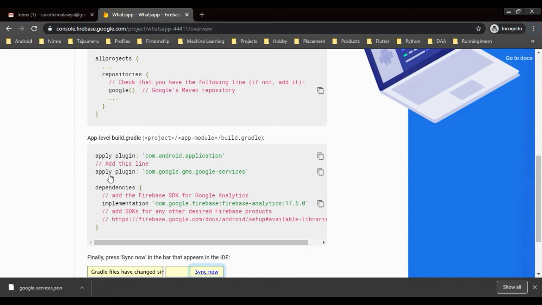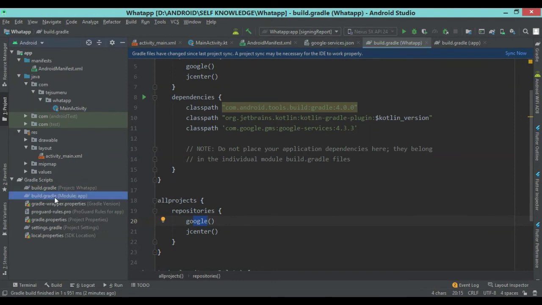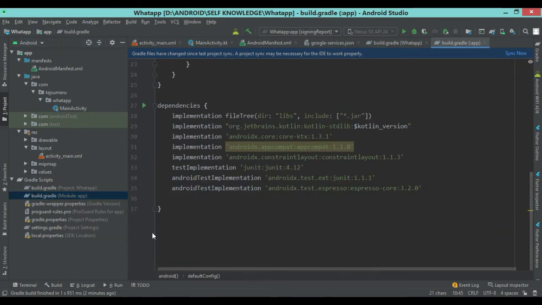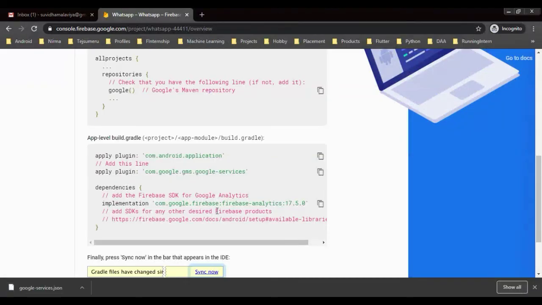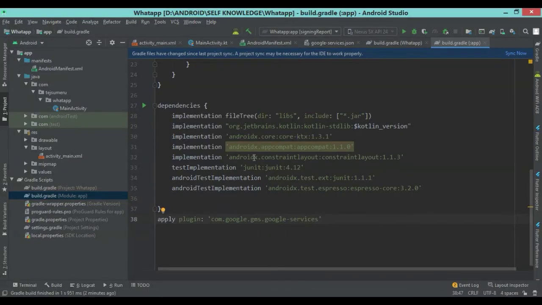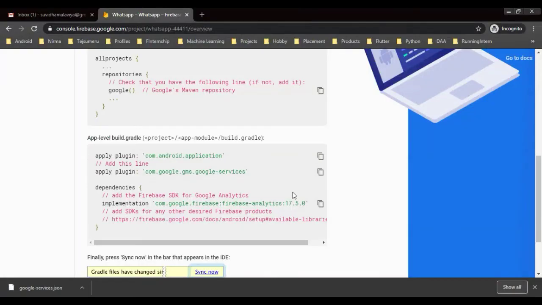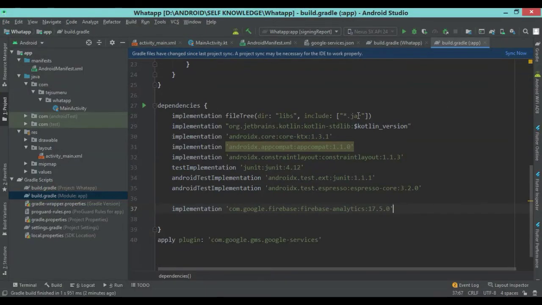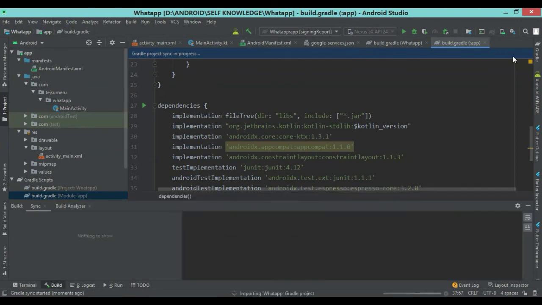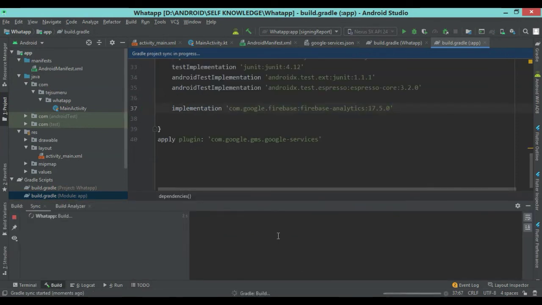We have to copy this apply plugin line and put it into the app level Gradle file, at the start or the end. I'm pasting it here, and again I have to copy and paste these dependencies here. You can see all the tasks are completed. You have to synchronize this. The Gradle build is running and the required dependencies are downloaded.